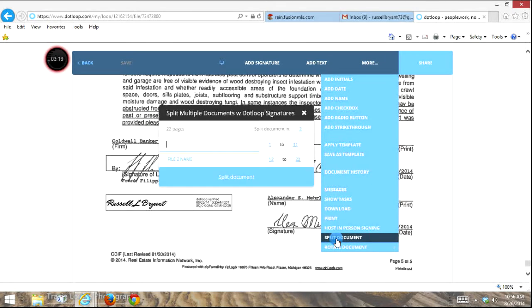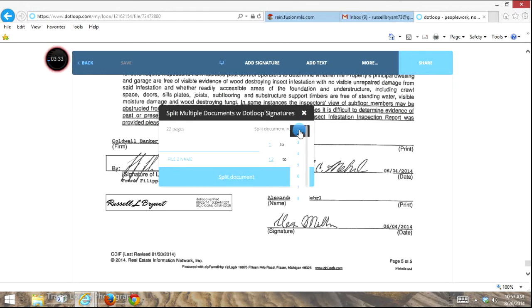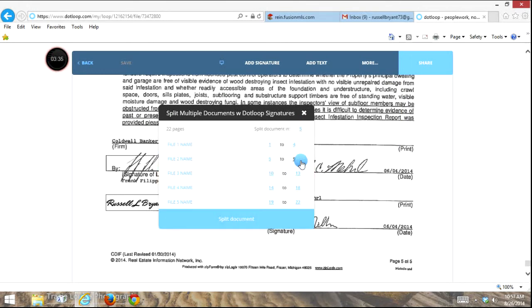Now on the left hand side of my workspace I've got a piece of paper where I'm actually separating this document. So I've already done a little bit of my due diligence and I found out that I actually have within this bulk document 5 separate documents. The first thing I'm going to do is put how many documents I'm going to split this into. This is because the system's going to automatically try to guess where we want these documents to be split at. So for today's purposes I already know exactly where my split is